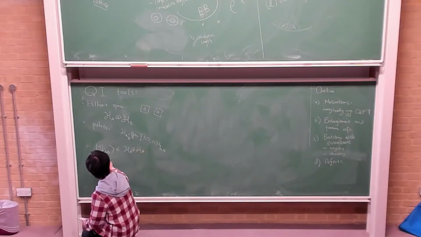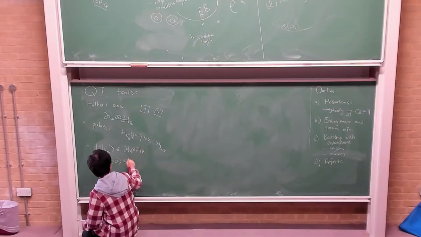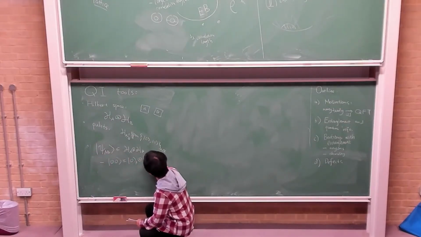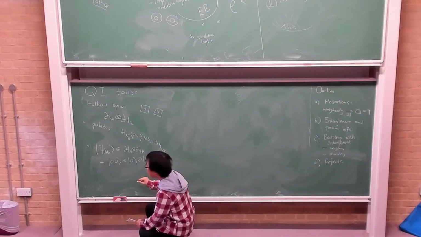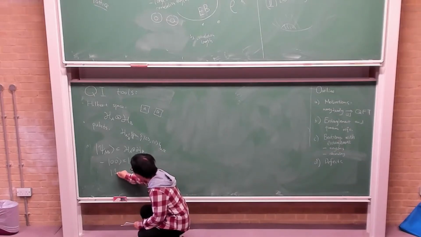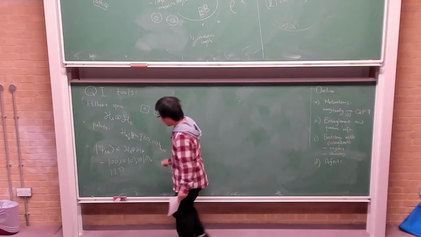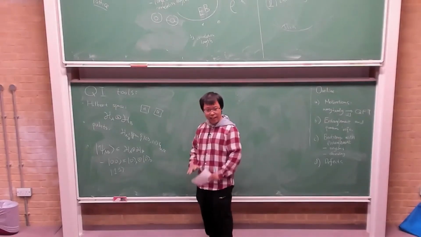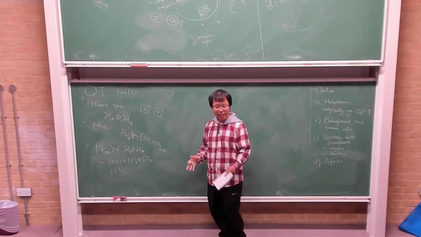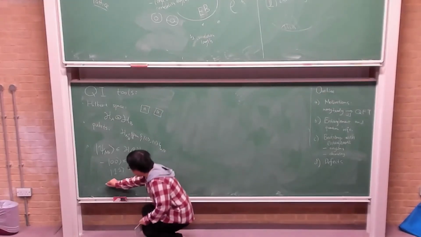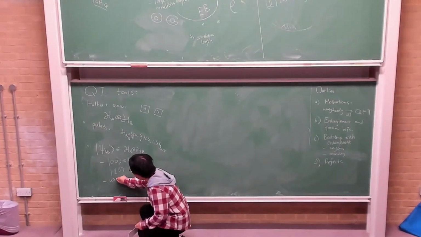Well, there are many choices, like |0,0⟩, which is by definition |0⟩ on A tensor |0⟩ on B. Similarly, we can talk about |1,1⟩. Yes, it's the same definition. Those states are unentangled, so they are not entangled. You have something on A tensor with something on B. So in general, unentangled